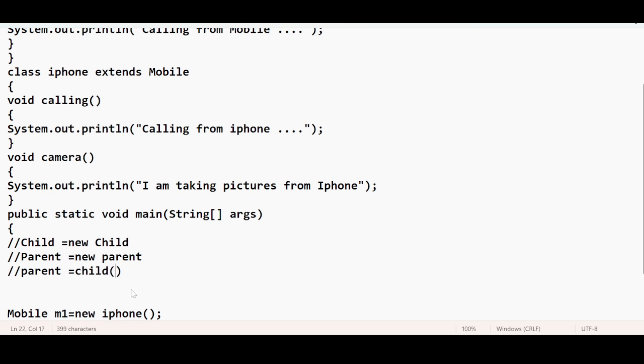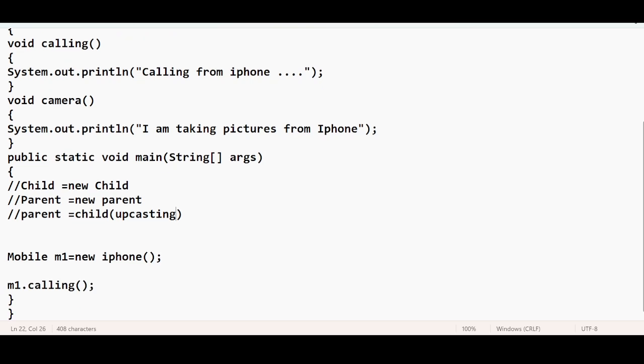This topic is upcasting. What are the advantages? You can block the non-specific methods. You can call the specific method from the parent class. You cannot call any method from the child class. But if both the methods have the same names, the child class method will replace the parent class method.